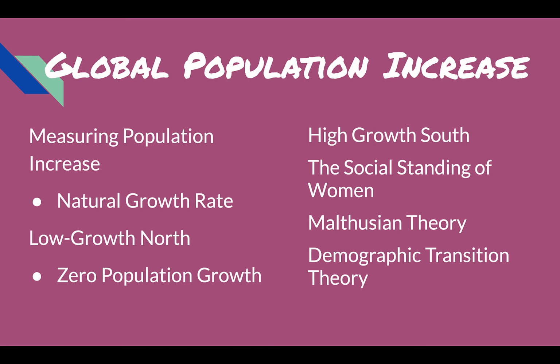Again, that low growth north, right? In those spaces, you have very few people having 12, 15, 20 kids. Versus in the high growth south, in places where, again, there's just no access to birth control. Women are often married, in some societies, women are married off to older men at 12 to 14 years old and start having children immediately once they can. And they do that for 20 years.